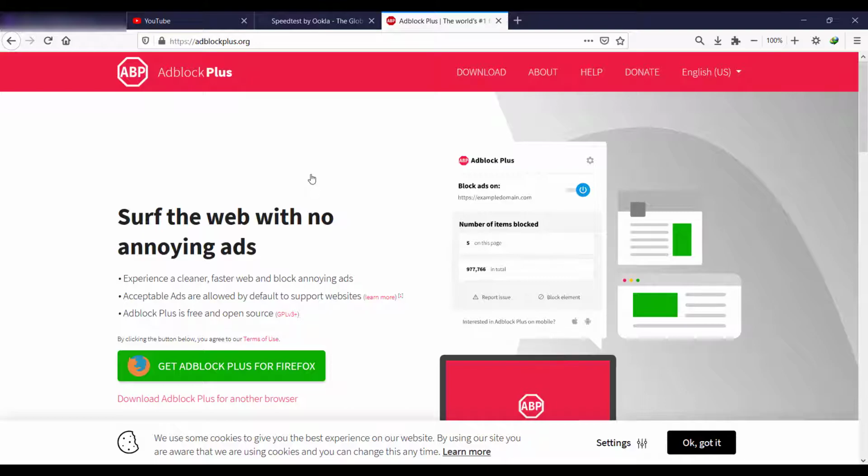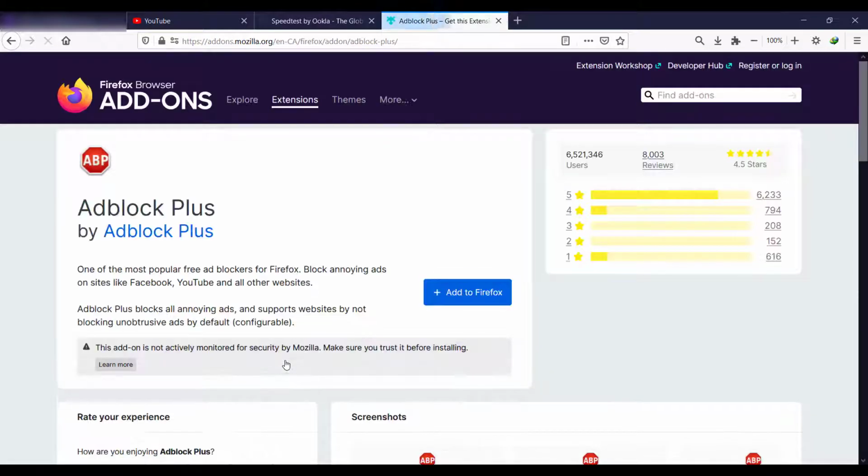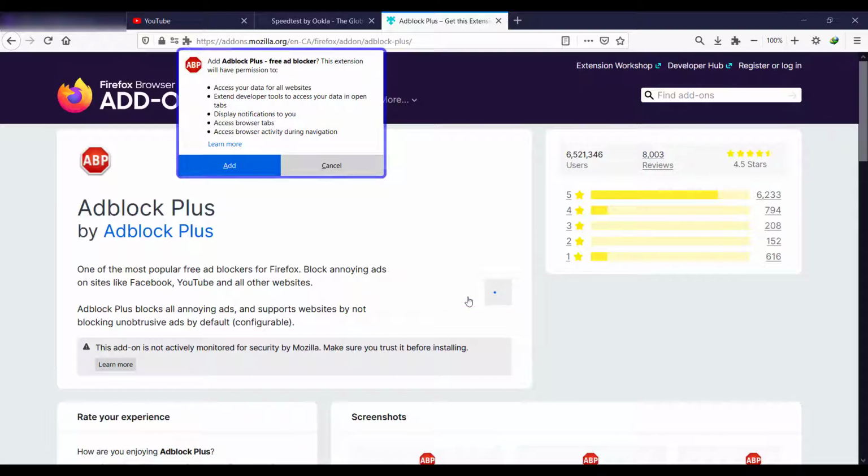Okay, so all you have to do, it says get AdBlock Plus for Firefox. You click on this, and it will bring you to the page where you can add AdBlock Plus to your Firefox. You click on add to Firefox. It asks you for permissions. It says add AdBlock Plus